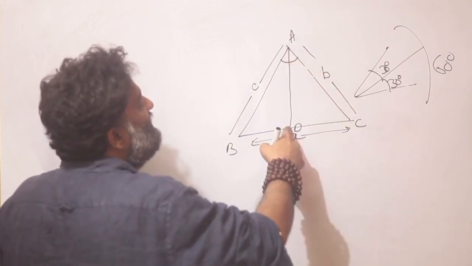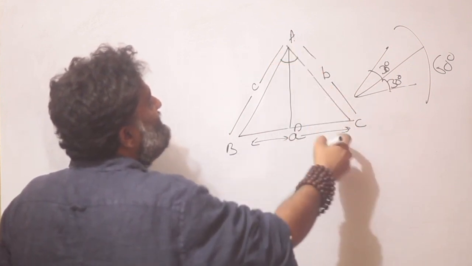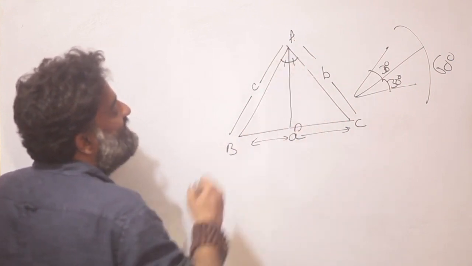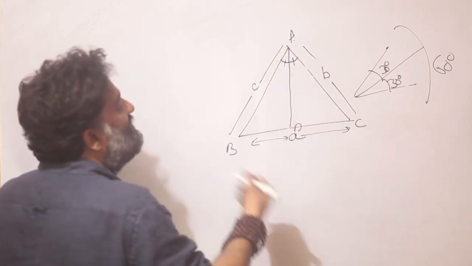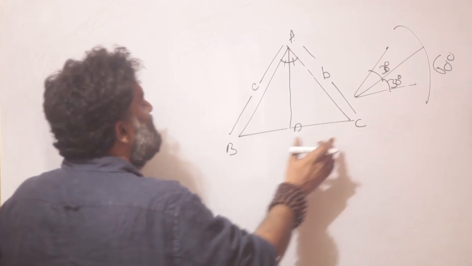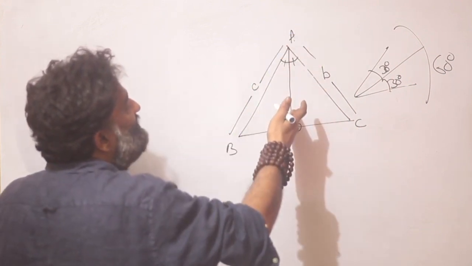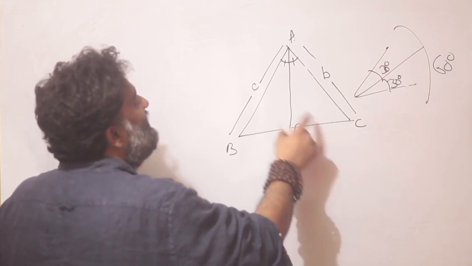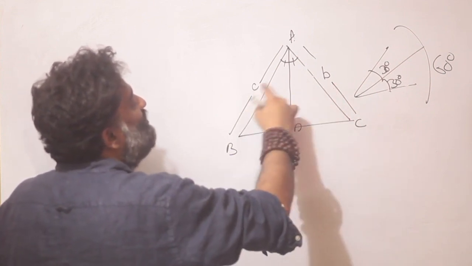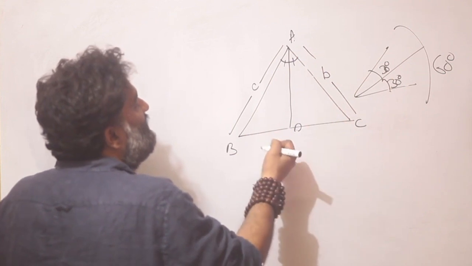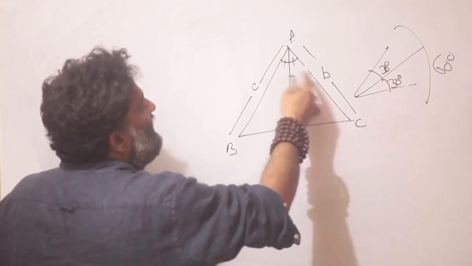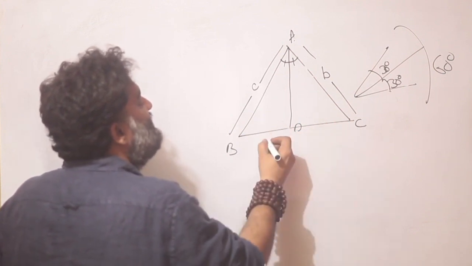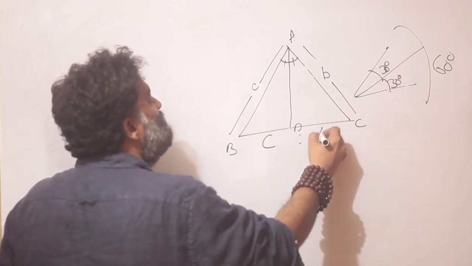Angle BAD is the same as angle DAC because these two angles are going to be equal, since AD is an angle bisector. So the first idea that I want to learn is that if I drop an angle bisector from A to the opposite side, it will divide the other side in the same ratio as that of the two sides that the angle is made up of. So the ratio of BD to DC is going to be c to b.